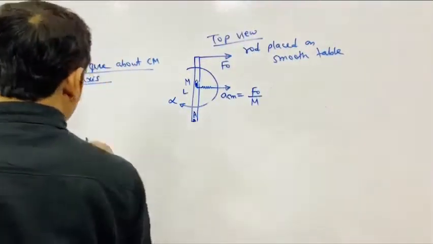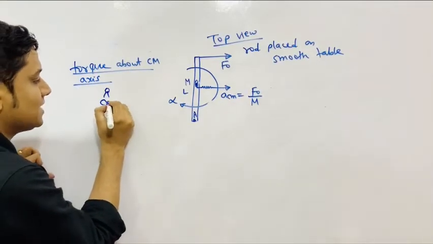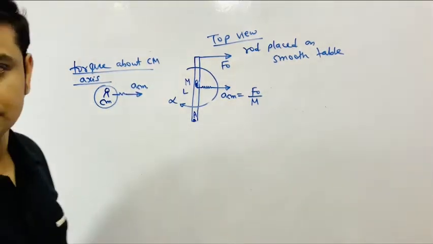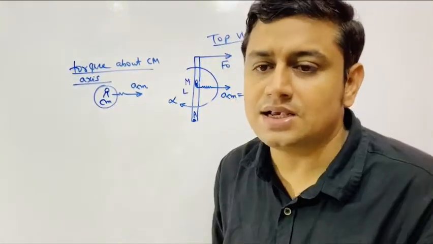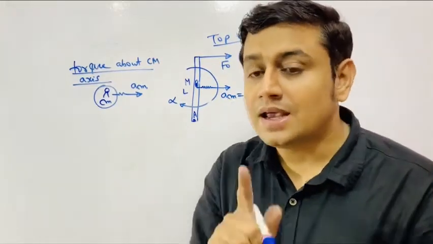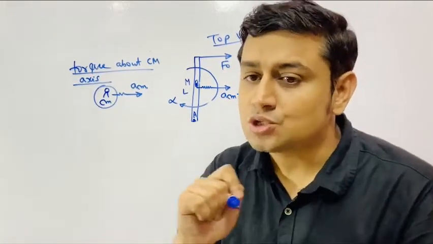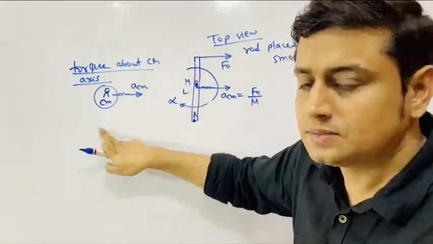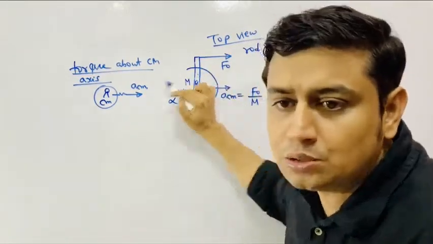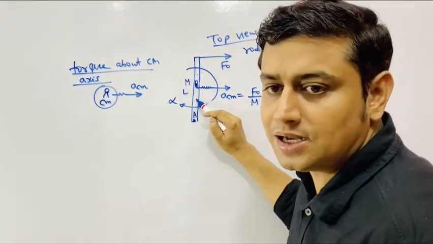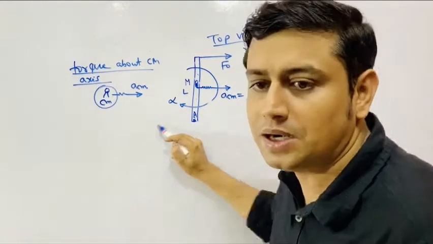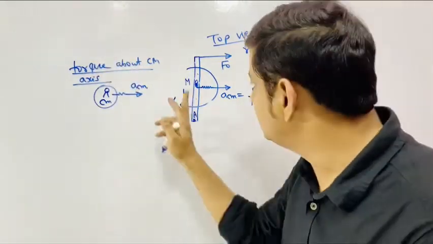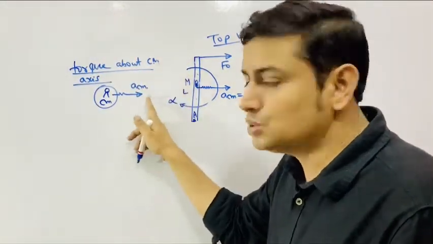Because I am taking it from the center of mass axis and the observer himself is accelerated with A_CM, he has to take a pseudo force. What is the pseudo force? Pseudo force on this particle is M1 into A_CM to the left. Pseudo force on this particle is M2 into A_CM to the left. Pseudo force on this particle M3 into A_CM to the left. Pseudo force on this particle M4 into A_CM to the left. Similarly, M1 into g, M2 into g, g is the same. Similarly here, A_CM, the pseudo acceleration.